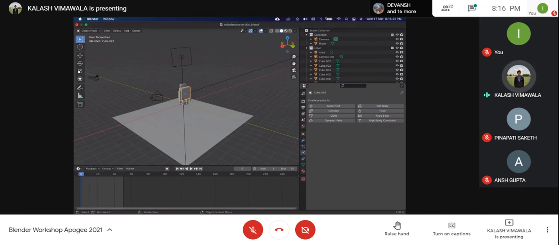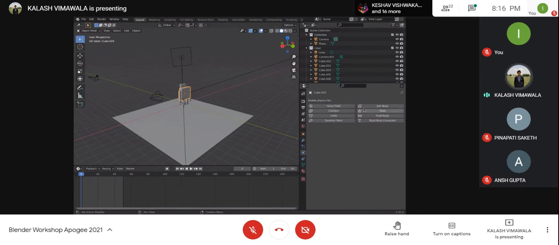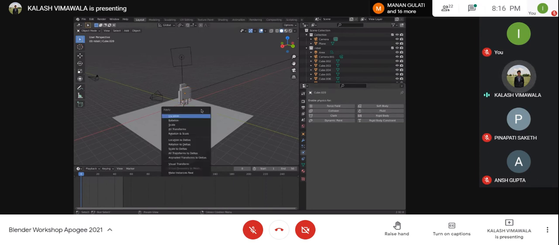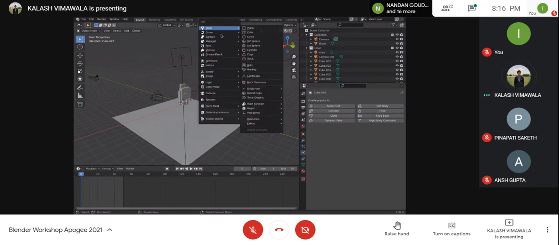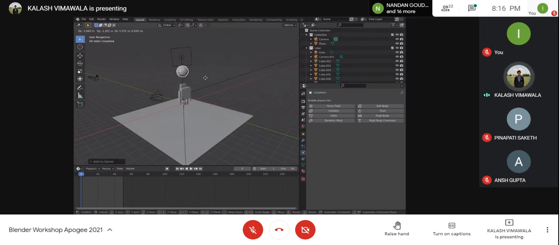So you can have fluid simulations, you have things like that. You have rigid body, you can collide different objects. You can have objects made as actual cloth. You have rigid body constraints, everything of this sort. If I say I have a new object from mesh, I add an icosphere, move it along the Z-axis somewhere over here.